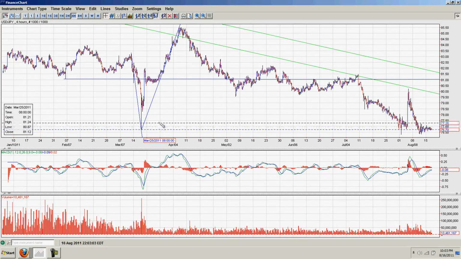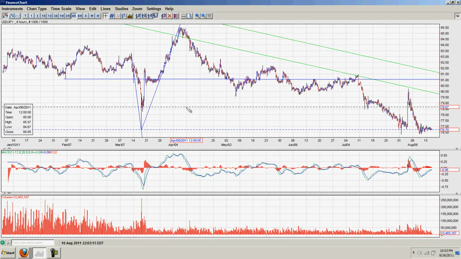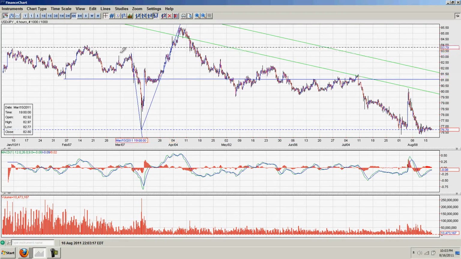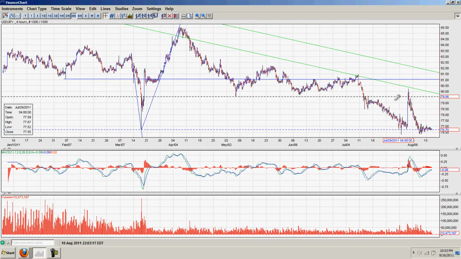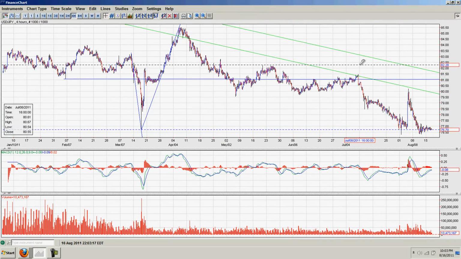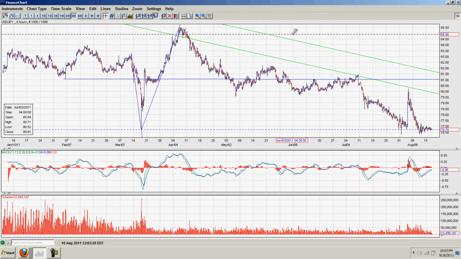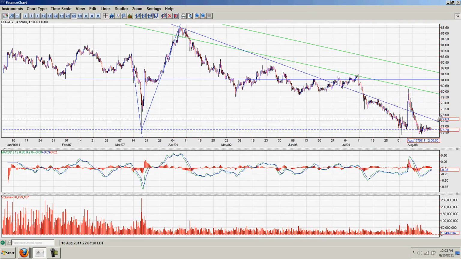an emergency meeting, I believe, of the G8 to intervene. And you can see they ran from 76 all the way to 85. So an enormous move. Now this is market manipulation by central banks. So yes, it's despicable. Yes, it's predictable, but ultimately you can see what's the result? Failure.